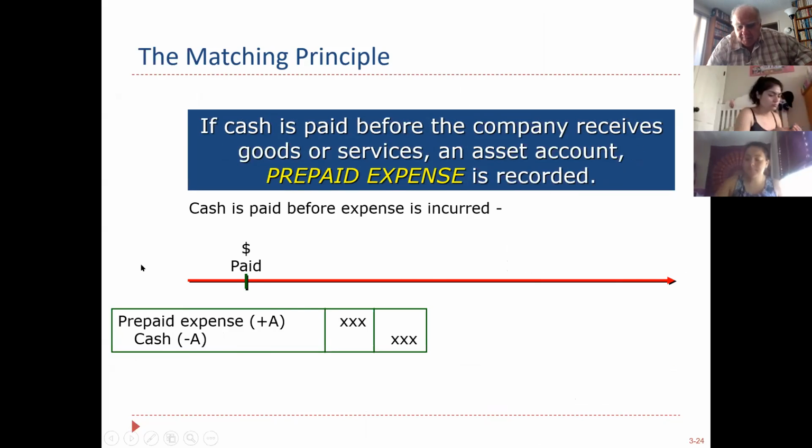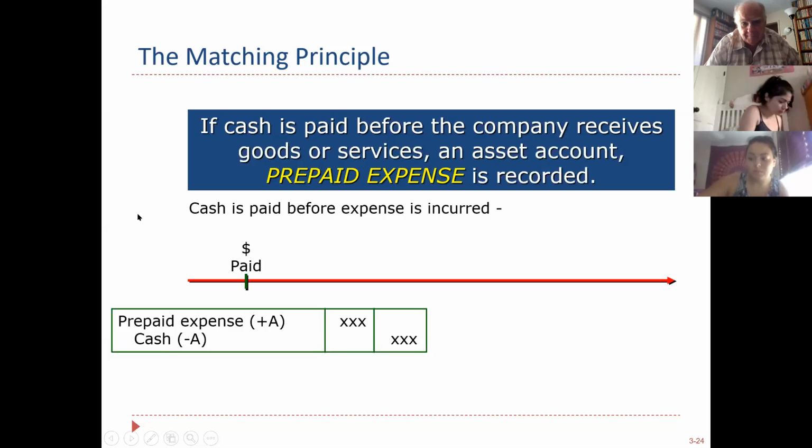That policy we bought December 19 does not go into effect until 2020. We bought it on New Year's Eve, and it was our bad luck that our factory burned down 10 minutes later. We don't have insurance. Bad timing, huh? But the next day, January 1st, we do have insurance. And if we had that unfortunate event, we'd be covered. So if we bought an insurance policy for $12,000, we have to be smart enough to record $1,000 worth of insurance expense each month, until we use up this asset.